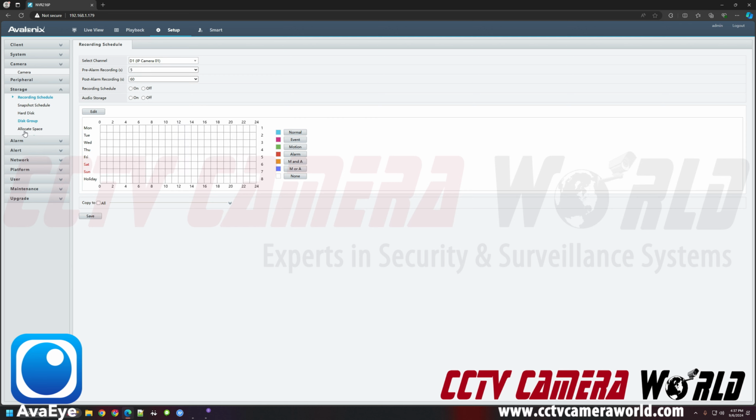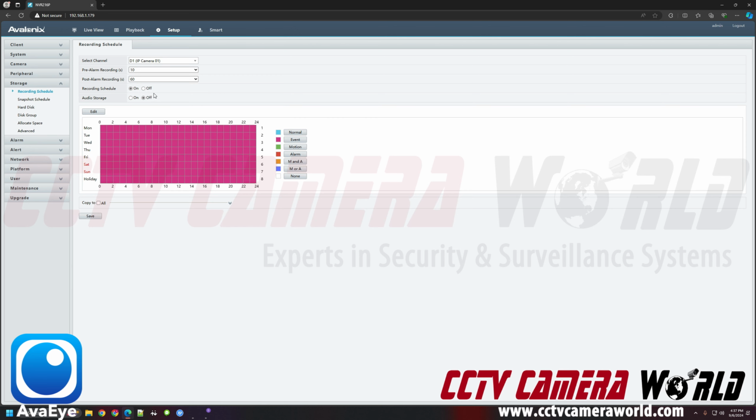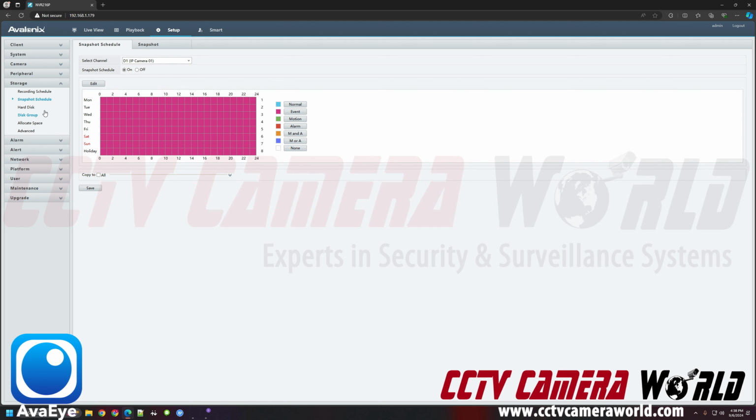And the next thing after that is go to storage, recording schedule, make sure recording is enabled and you have events selected. And make sure this is on. And you can actually change what type of event you're recording or schedule your recording by using these buttons. Make sure event is highlighted for all boxes if you want email alerts going for all times. Snapshot recording, same